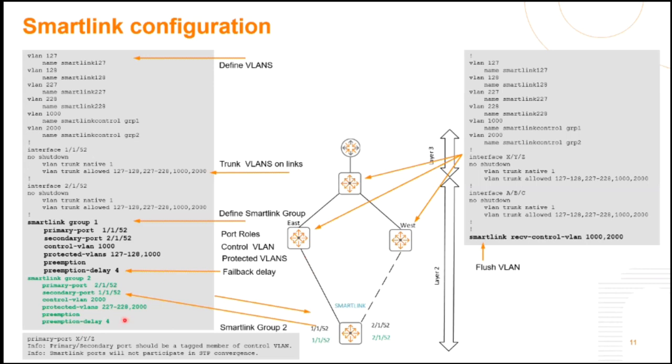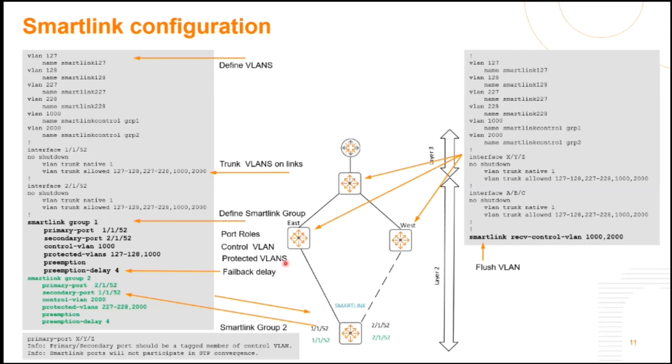Then you can see this load sharing. The main thing about the load sharing is very similar. I've got different protected VLANs, but you can see I've switched around the port. So my primary is now 2152, where it was 1152 before. So I'm now distributing the VLANs evenly, with this dotted line being my primary for my second group and secondary for my